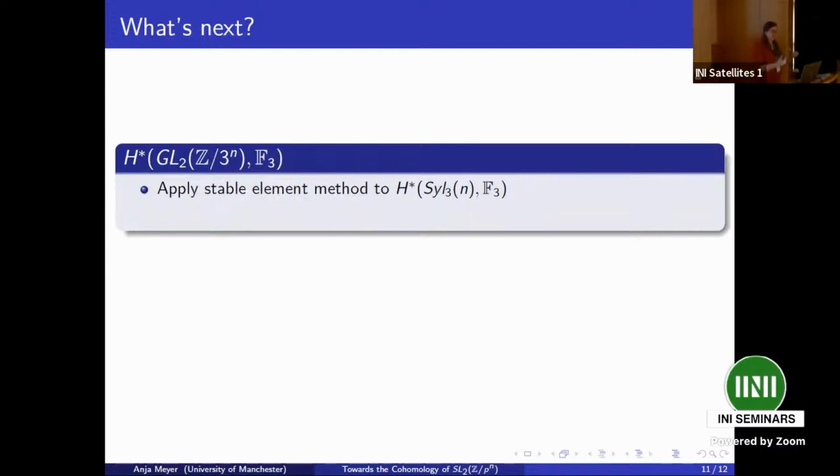Because for this stable element method, we need to do a little bit of group theory as well. So I really hope it's not going to make a difference, because the normalizer has the same shape across all levels, but I haven't really proven it, and there's still a little bit of possibility for a hiccup. I hope there won't be any, because then we can feed this one result into this short exact sequence. The group on the right side is going to be cyclic as well, for which we know the homology, and then hopefully it should be relatively simple to find the homology of GL2 over Z modulo 3 to the n. And then we can hopefully construct the inverse limit and compare our result with the result of Park.